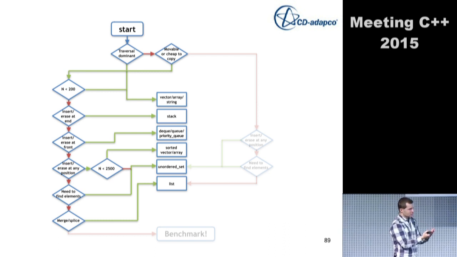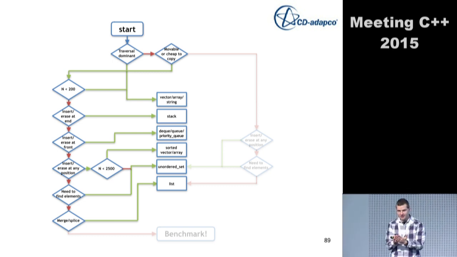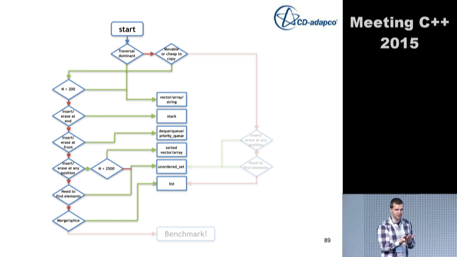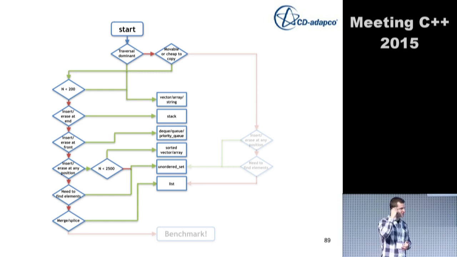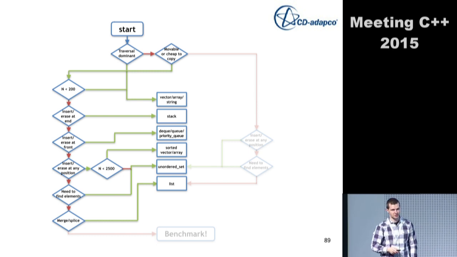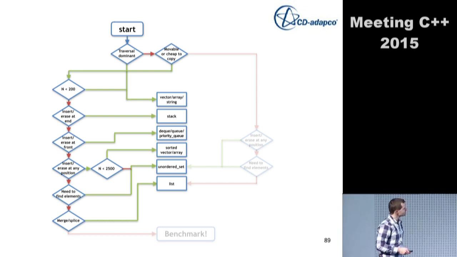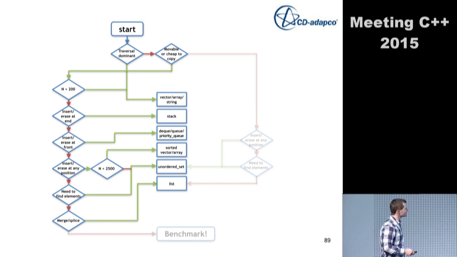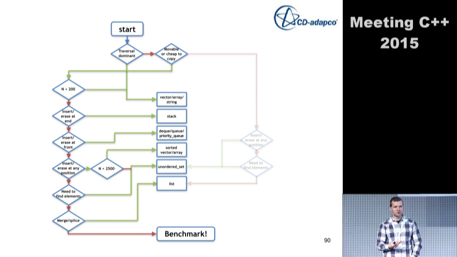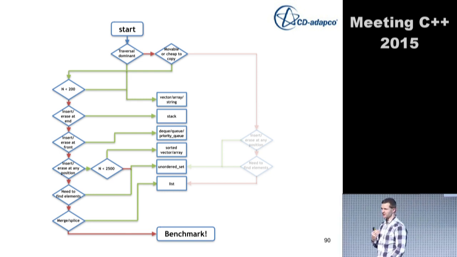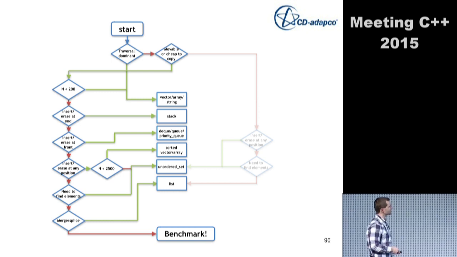Note one thing: of all the data structures that I would advise you to use, set/map does not appear. So in C++11/14, set and map is simply obsolete. From a performance point of view, you don't need it anymore. There may still be reasons to use it, but it just does not perform well, and you should keep this in mind. This is also the example that Scott came across when he was posting a blog. Set and map are just basically outdated in this regard. If nothing applies, do some benchmarking before you use your gut feeling. Hopefully you saw it's actually pretty tricky to choose the right container for the right work.